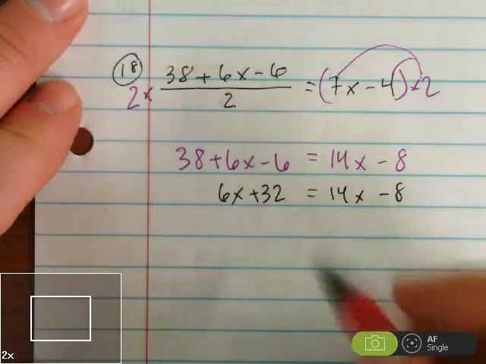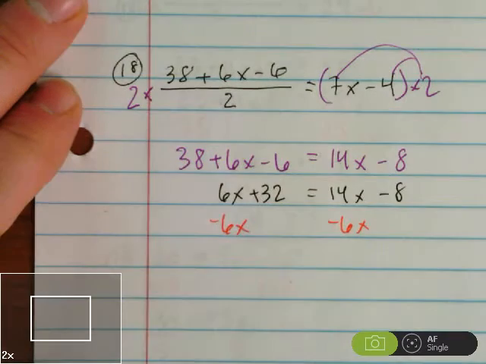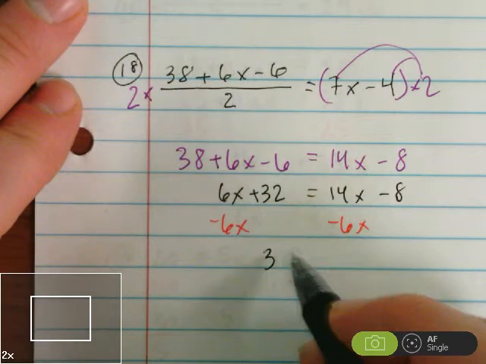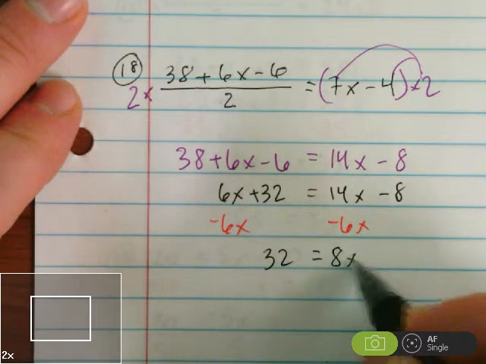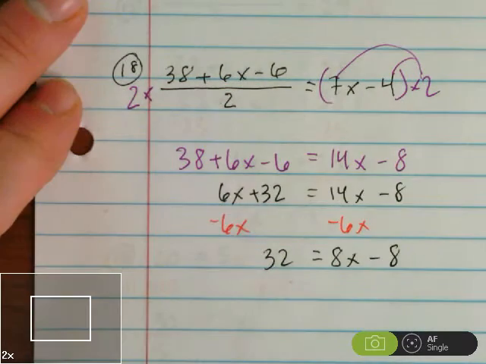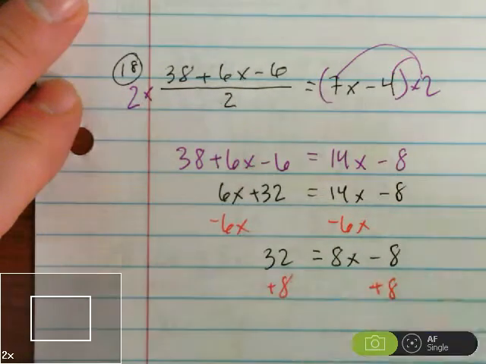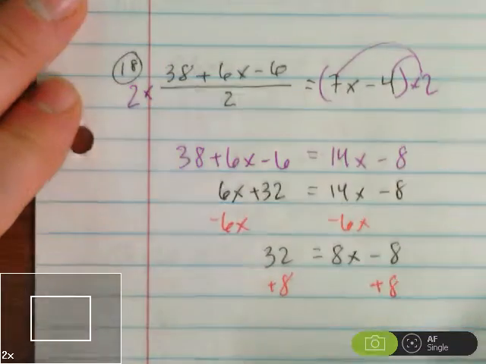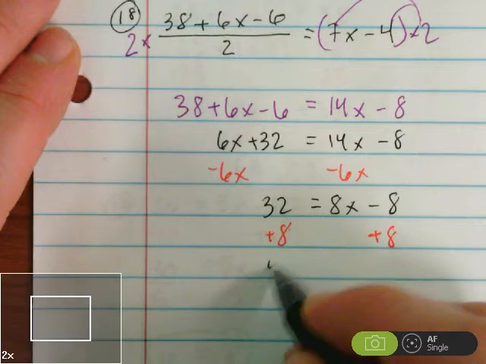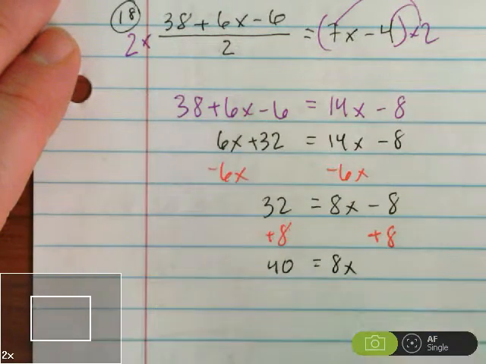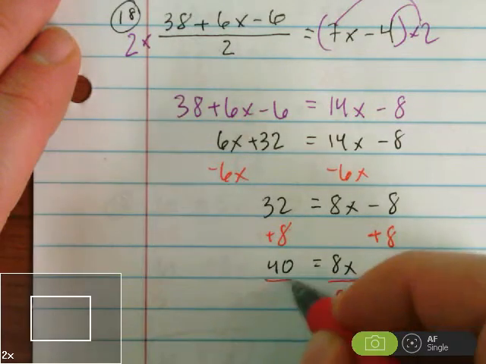I'd like to get rid of 6x on this side. And the same on this side. That leaves us with 32. 14x minus 6x is 8x. We still got our minus 8. We're going to add 8 to both sides. And that's going to leave us with 40 equals 8x. And then we'll divide by 8 on both